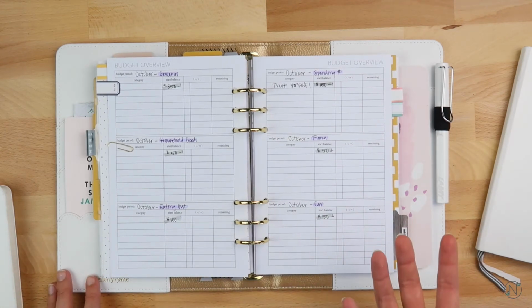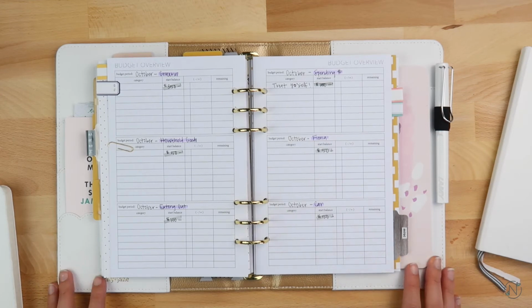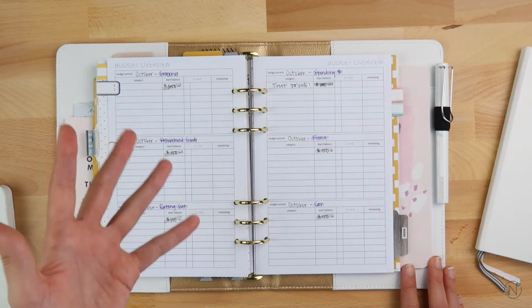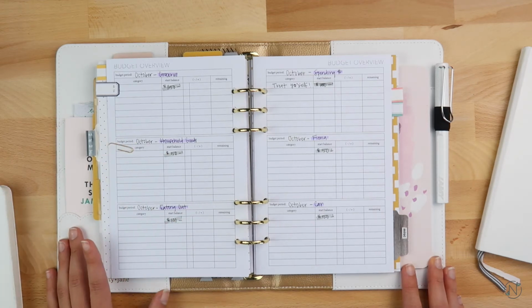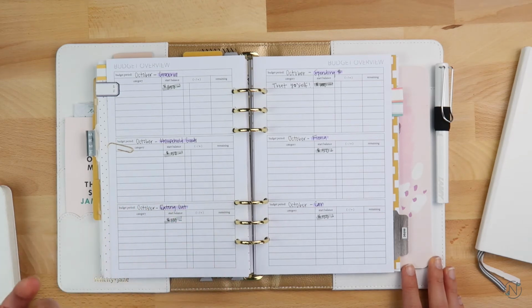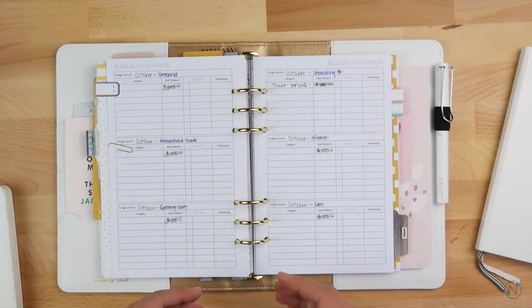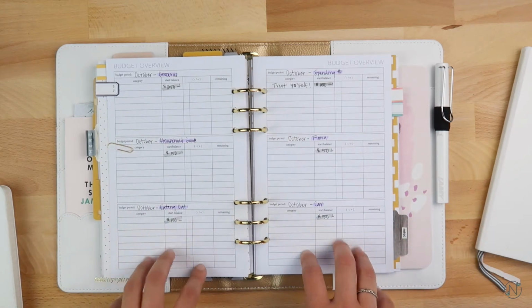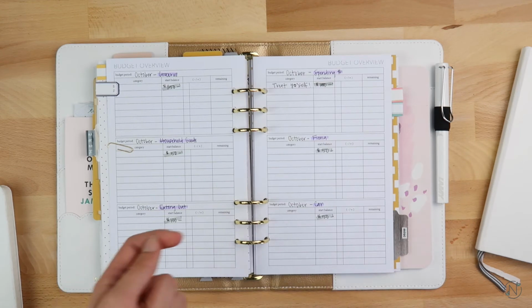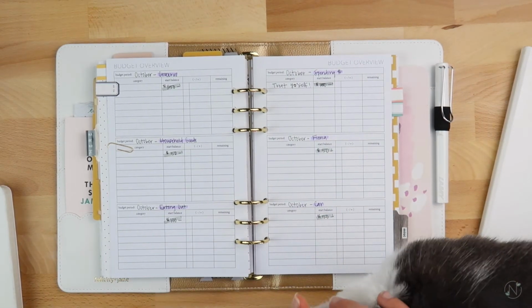I want to only be buying things that are truly bringing me joy, not things that I just have FOMO about. I want to make sure that I'm not going to the grocery store and just throwing things in my basket that I end up not eating because I didn't actually want it. I just saw it and it looked good in the moment. I'm trying to be more mindful of all areas of my life right now, and I've noticed that this is one section that helps me be extremely mindful, because I can monetarily,